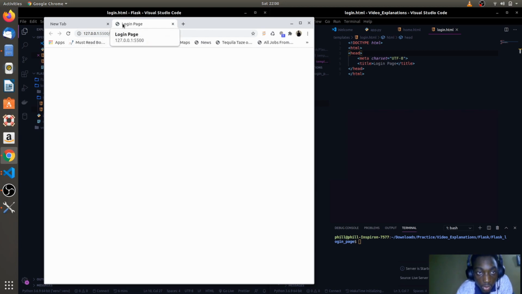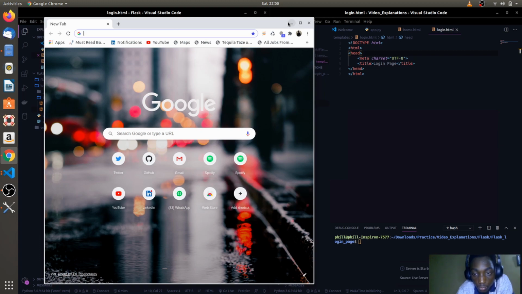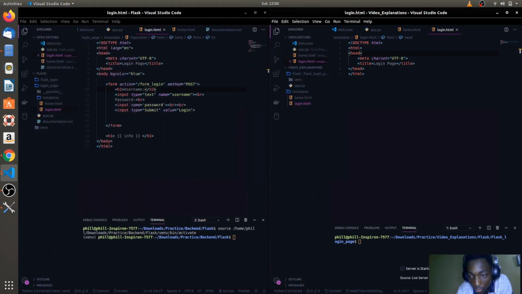So this place, the login page, the name of our page, that's the title for this page, is the login page, which is what is indicated here using the head tag. Then let's go to providing a body. So this is the name of the extension, live server extension. Then the body,